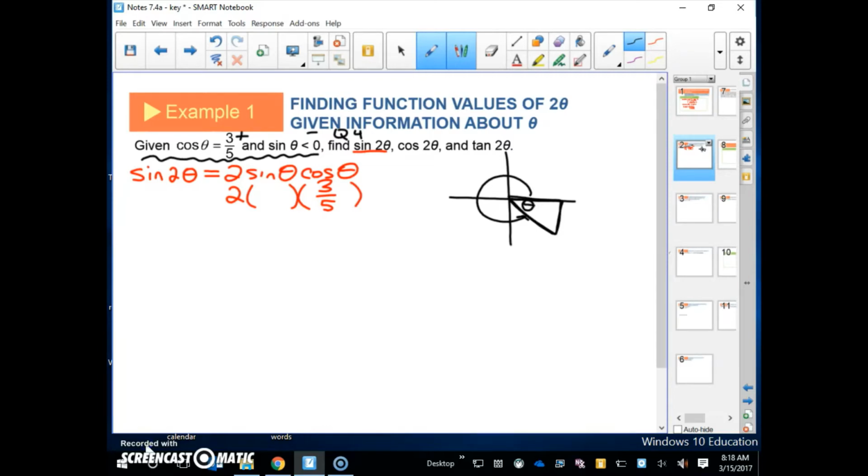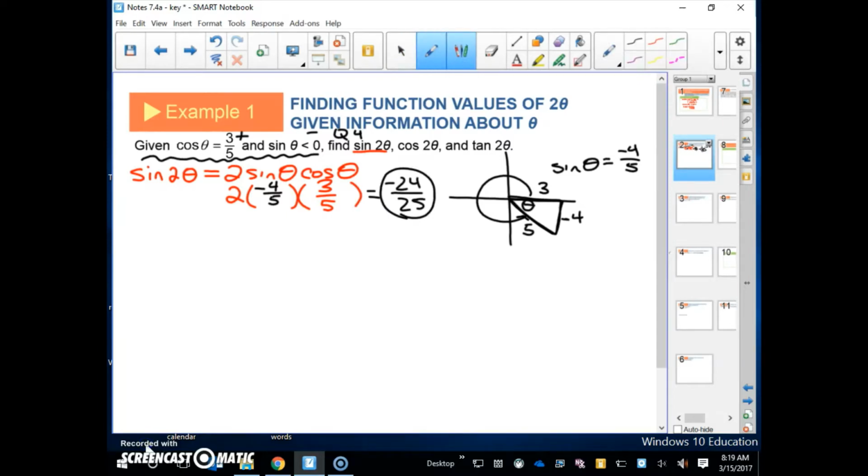That's my triangle. Okay? So they gave me the cosine ratio. The cosine ratio is x over r, so that's 3/5, 3 over 5 right there. I'm going to do Pythagorean, and you've seen Pythagorean enough times to know that that's going to be a 4. But in the 4th quadrant, that's a negative 4. The y numbers are negative down there, so that's a negative 4 from the ratio. And what that tells me is the sine ratio, sine theta, is going to be y over r, negative 4/5. Negative 4/5 sine theta. And so once you've got all your holes filled in, just multiply. Negative 4 times 3 is negative 12 times 2 is negative 24. And 5 times 5 is